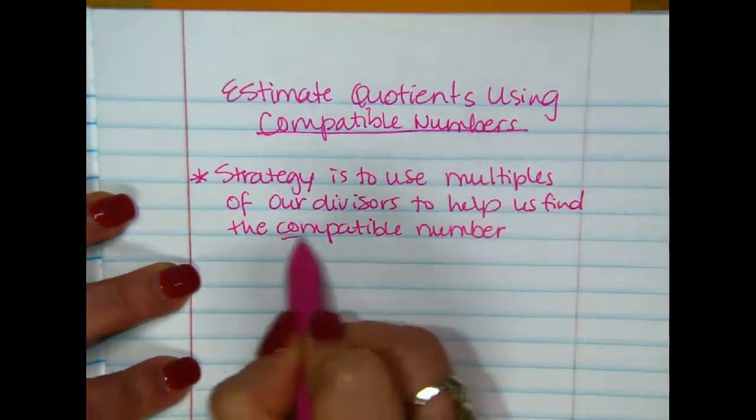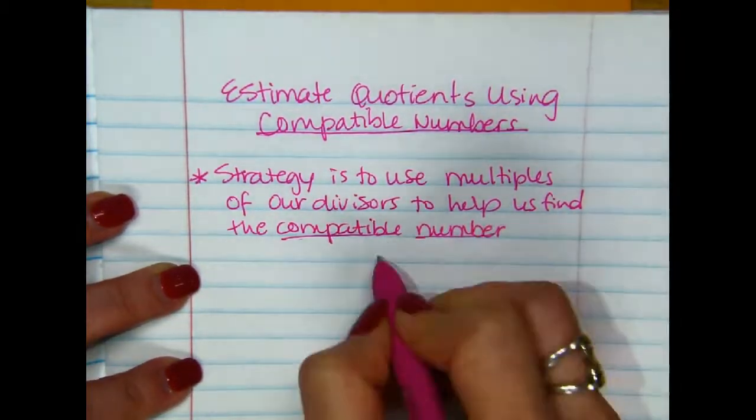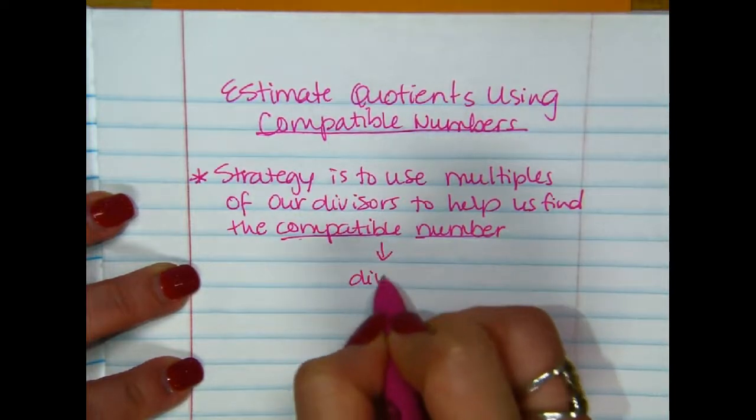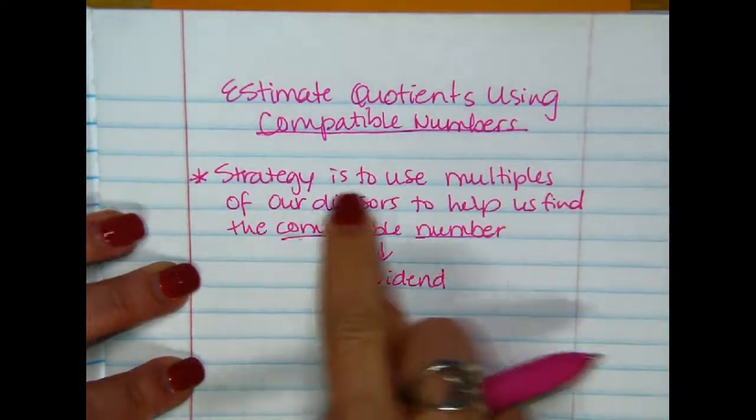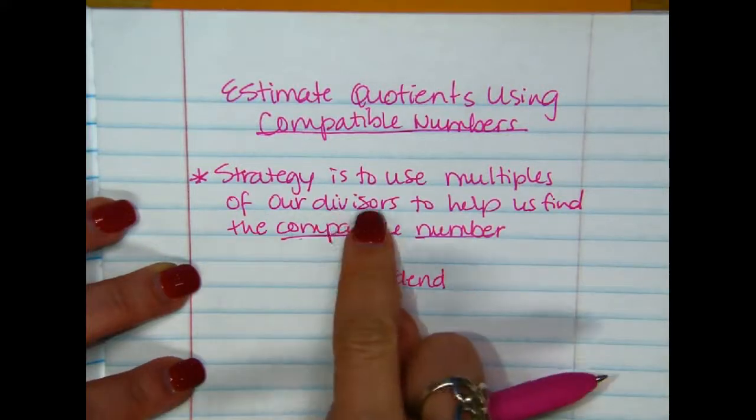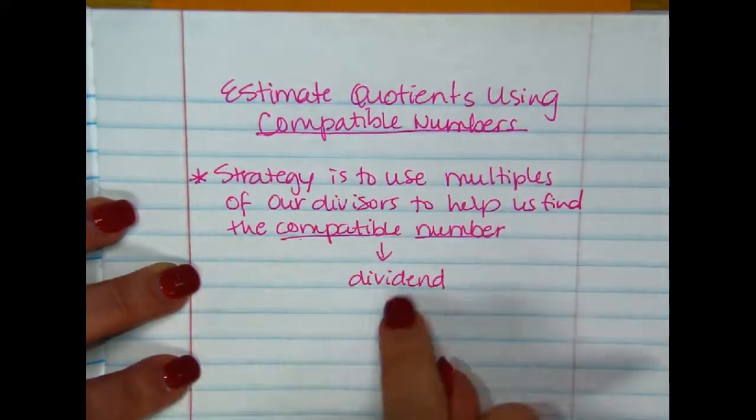And that compatible number is going to become our dividend. I'll show you what this means in just a minute. Let's go ahead and write these notes real quick. So our strategy is to use the multiples of our divisors to help us find the compatible number, which will